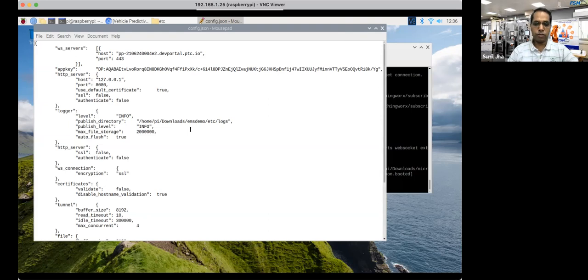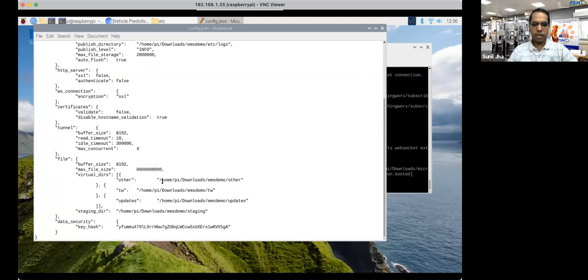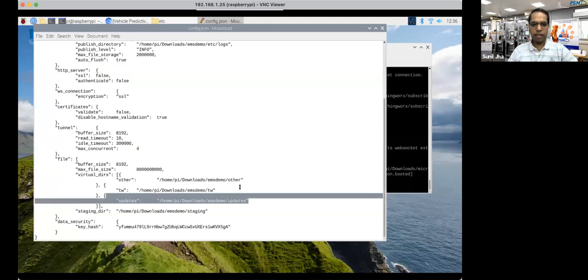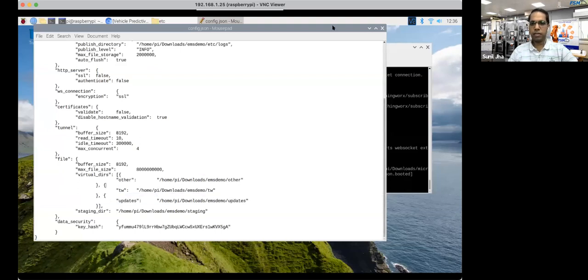That is also interesting. Some of the log files that are being generated on this Edge device are now accessible on your ThingWorx platform. So that's an interesting part that is being added over here. The rest is the same host ID and app key that you have created over here. And that's all. Some of the folders that are being created are being made accessible to ThingWorx. So this example is also being explained.